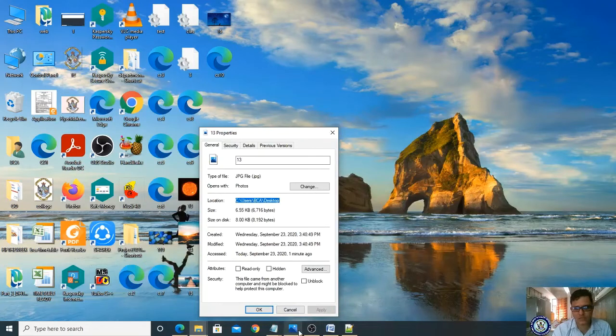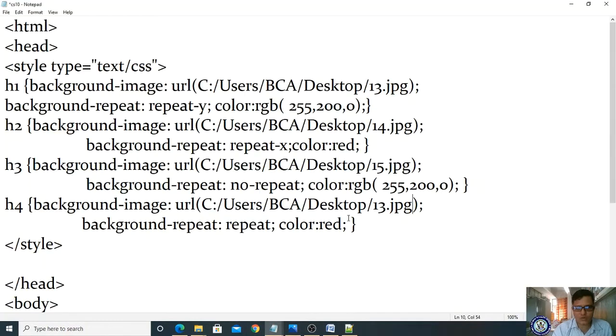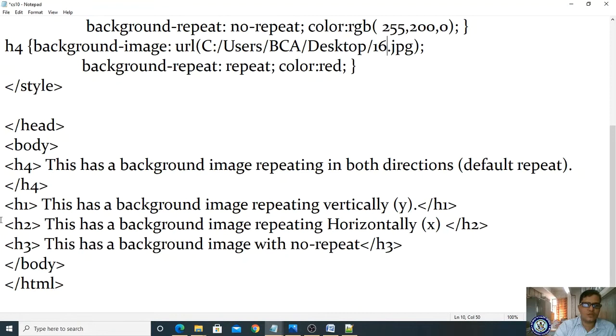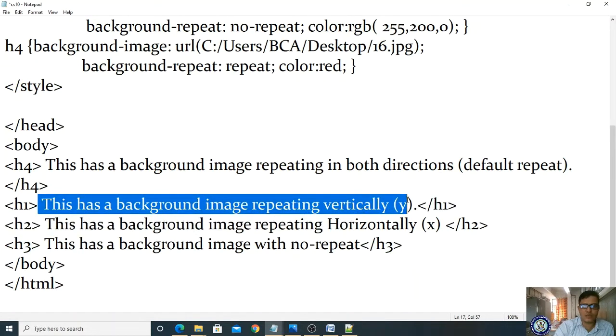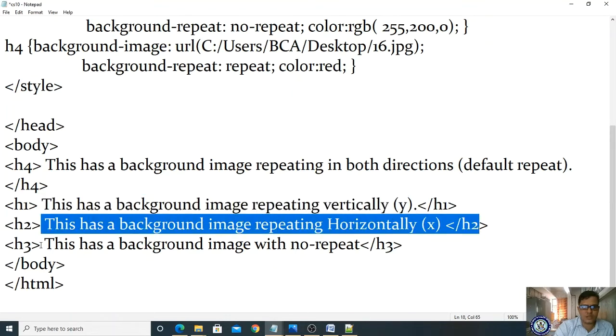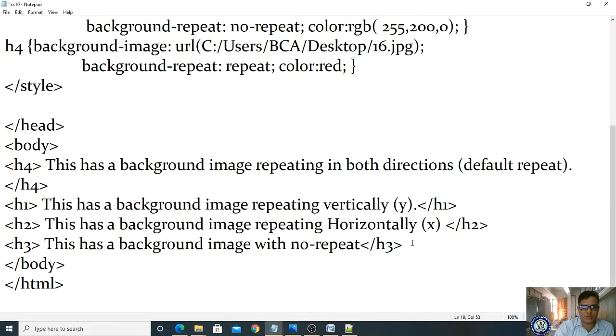Yes, 16 is there. Now the name of the image is 16. So here the image has to appear, and it will continue to repeat. For this h1 we have given the content as a background image with repeat vertically, h2 is vertically, h3 is no repeat, and for h4 we have not provided any content.